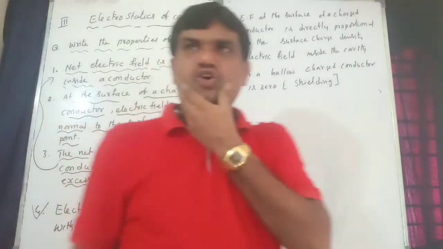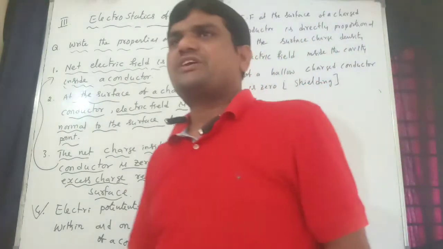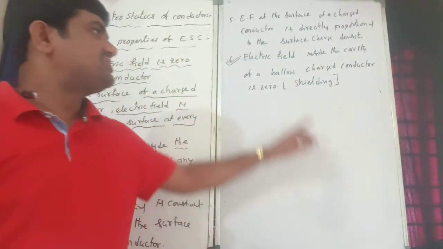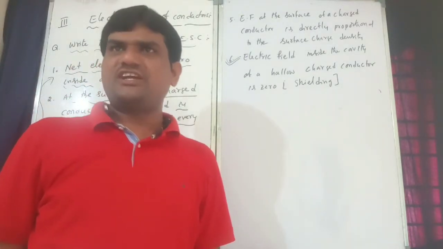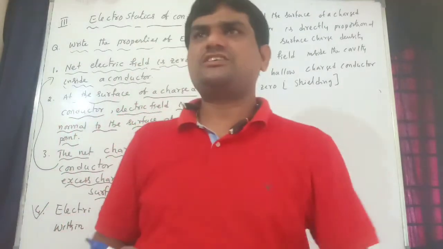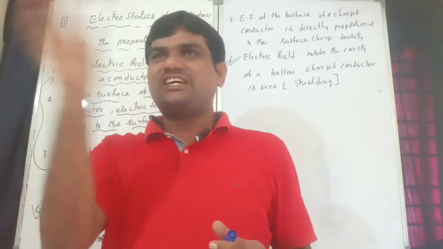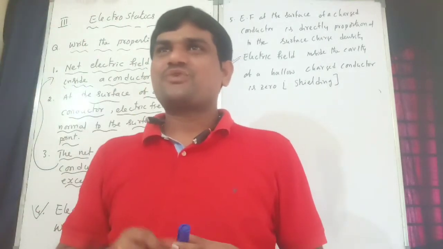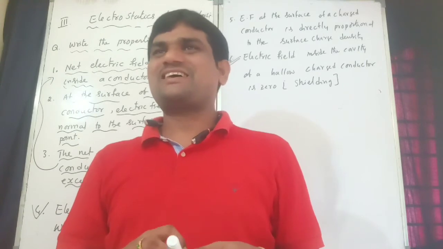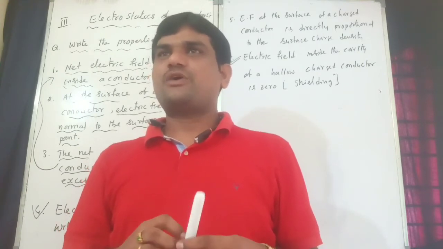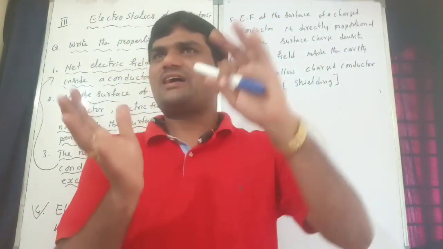Right. So very important point, 6.1. Definition they will ask. Define shielding, electrostatic shielding or electric shielding. What is the meaning of shield? What is the meaning of shielding? We want to shield, mean we want to protect. For example, ornament. Yes or no, gold will be there. Yes or no, we want to protect in the locker. Correct? In locker we will protect.